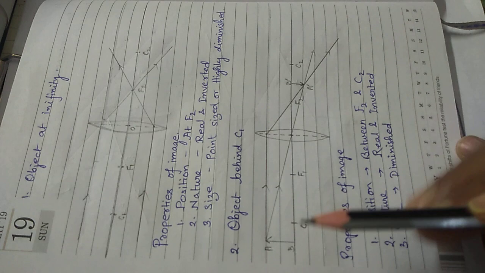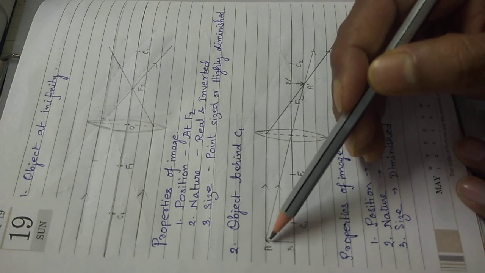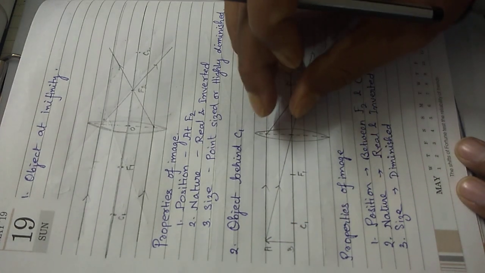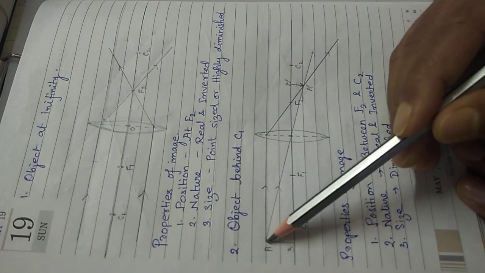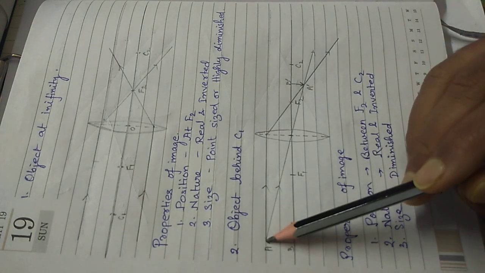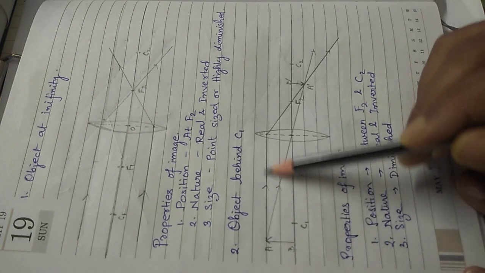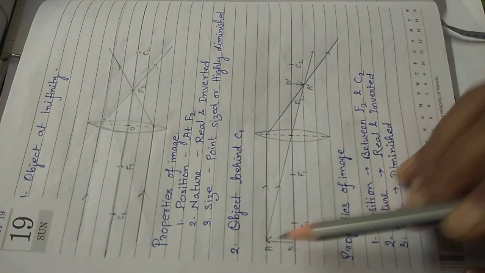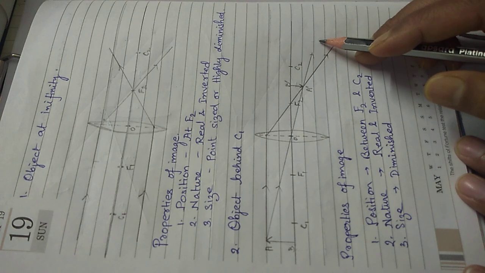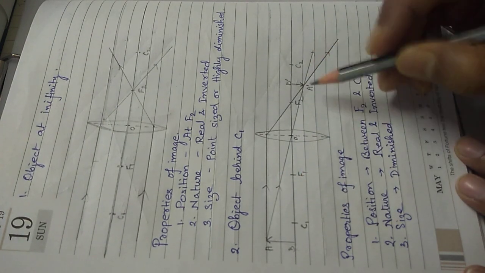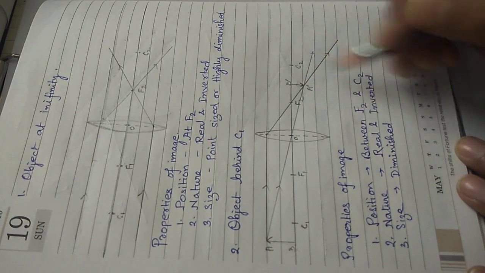Next, object behind C1. So we'll be bringing the object nearer and nearer to the lens. So you see, I told you earlier that since the lens on this side is 3 lines in height, the object we have taken is 2 lines in height. After drawing the object, you mark it as AB. From the top, we take 2 rays. First ray comes parallelly, it passes through F2. Second ray will make it pass through O. After that, you give the arrowhead. You'll find that both the rays meet somewhere between F2 and C2. Not exactly in the middle, but somewhere between F2 and C2.